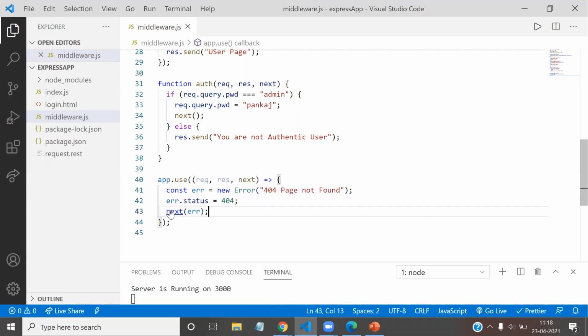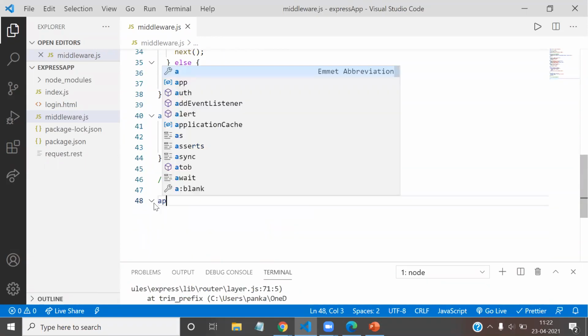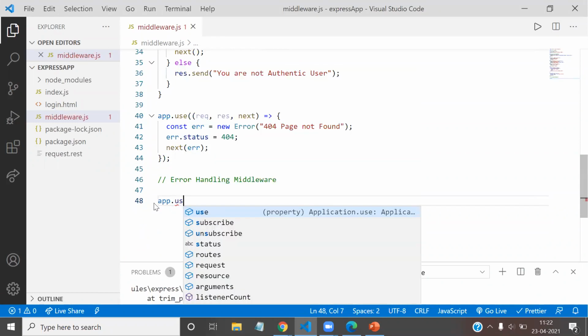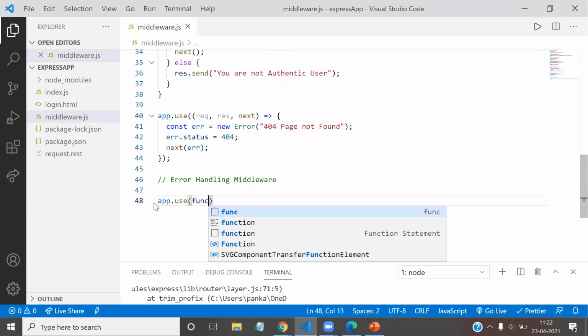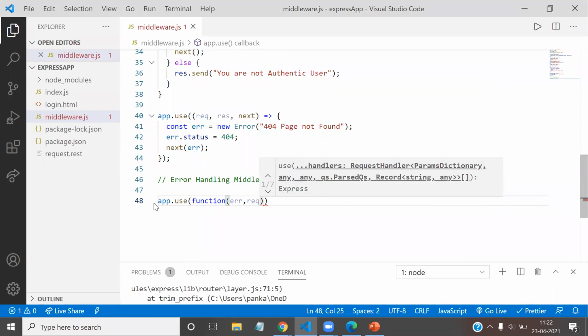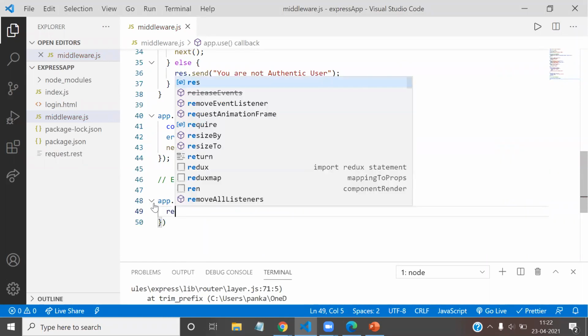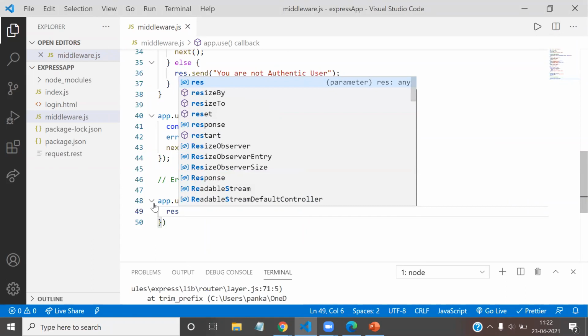Okay, and now we are going to create the error handler. So this is called error handling middleware. How can we do this? In app.use, we create a function. In the function, we have error, request, response, and next, and here we are responding with the status code.